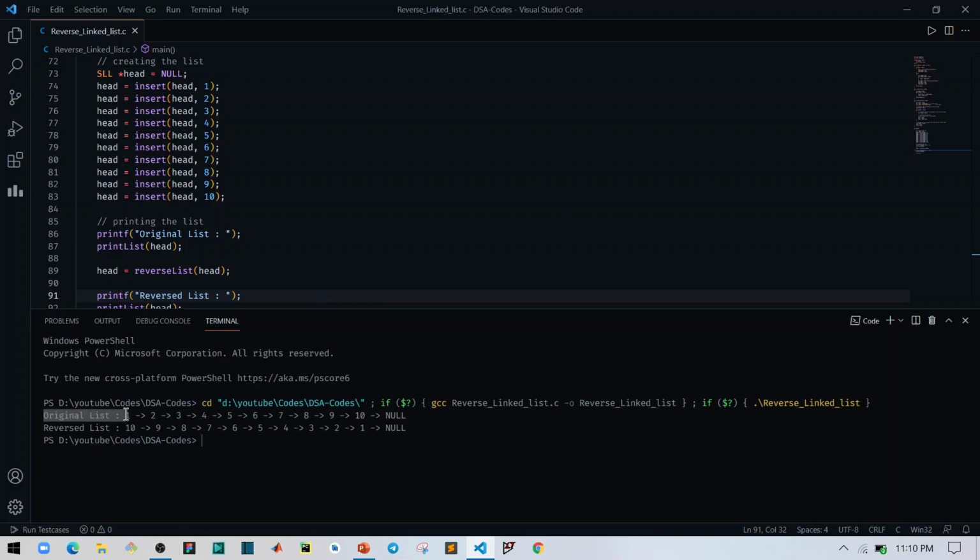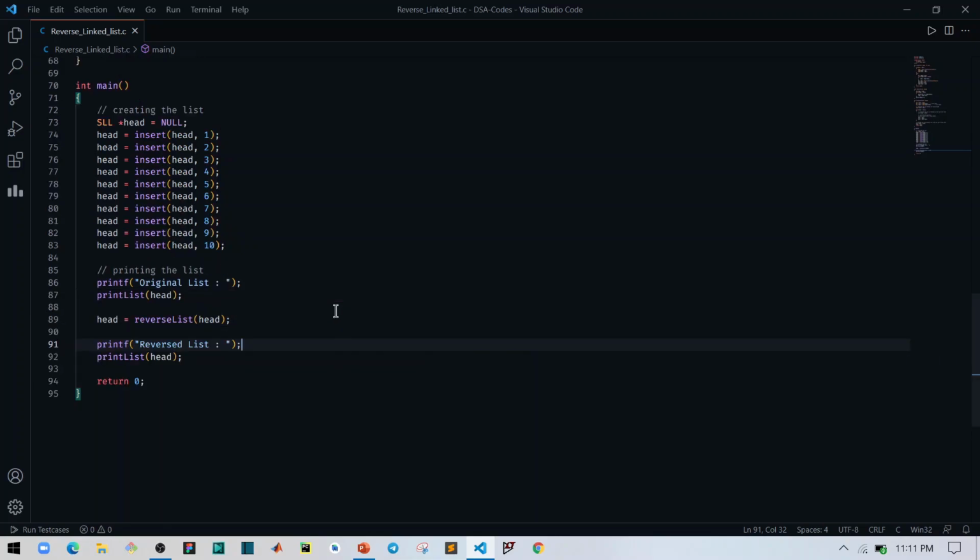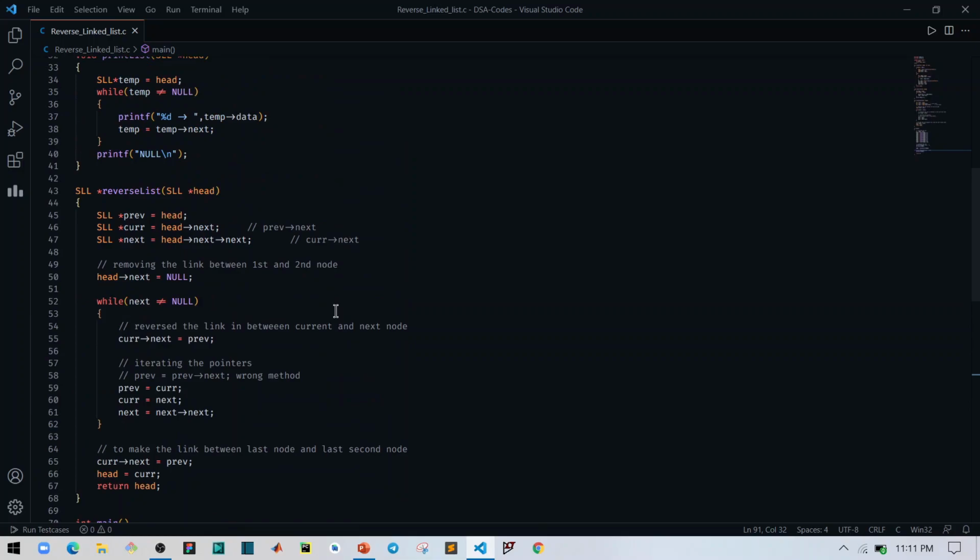So this is our original list which has values from 1 to 10, and this is our reversed list, in which the list starts from 10 and ends at 1. So we have successfully reversed our singly linked list.